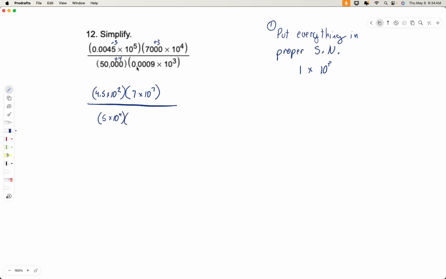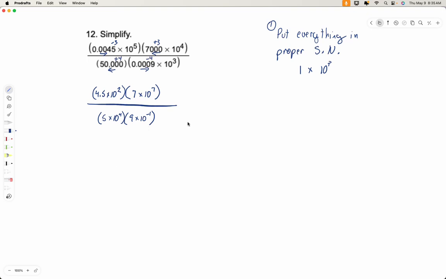And then I'm going to move this back 1, 2, 3, 4. So it's minus 4. All right, whenever it's minus, we're moving the decimal backwards. Whenever it's plus, we move the decimal forwards, right? We moved it forwards here, so it's positive. We moved it backwards here, so it's negative. Okay, so that's 9 times 10, and we have a negative 4 and a positive 3, so it's going to be a negative 1.